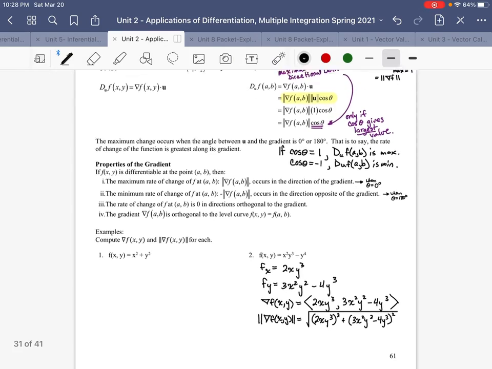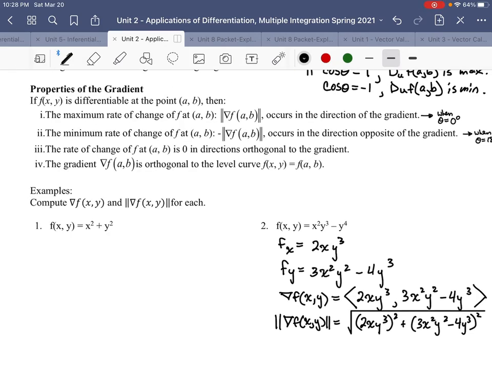All right, so looking at number 1, if I just want to find the gradient vector, that's simple. First order partial 2x with respect to x, with respect to y, 2y, gradient vector. All right, that's not too bad. Now, if I want the magnitude of the gradient vector, or the largest possible magnitude, what I'd be looking for is